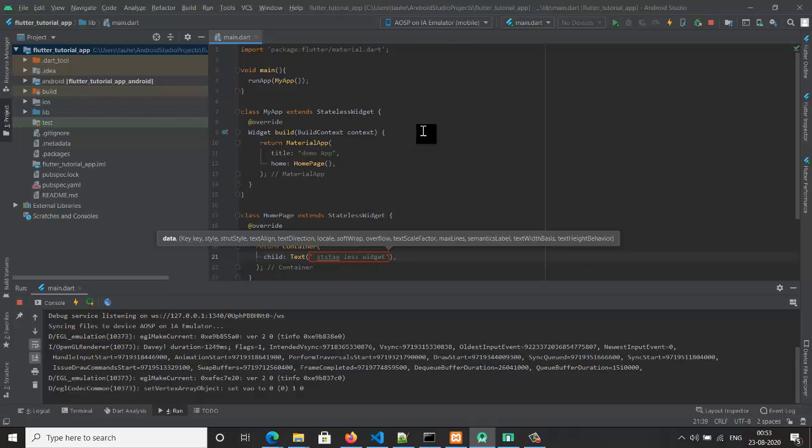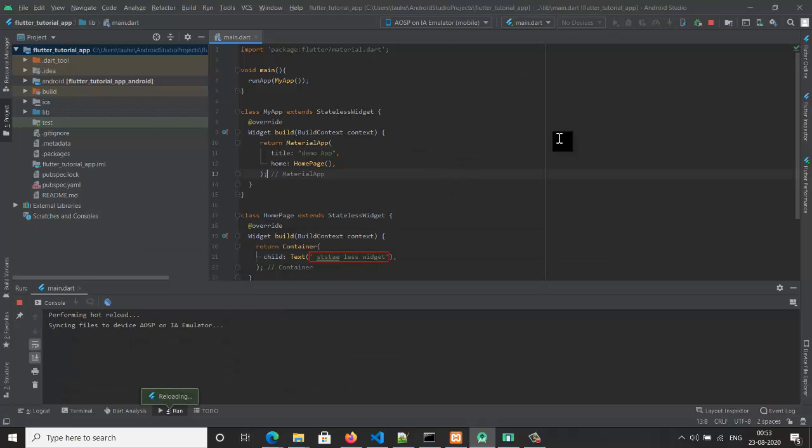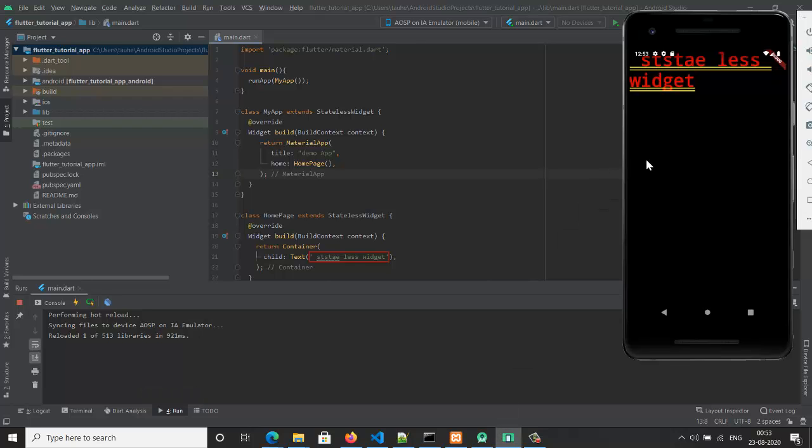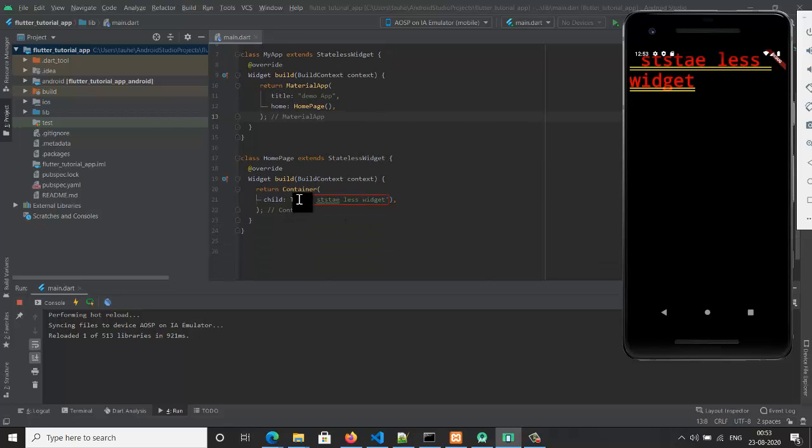Okay, and we'll run this application. Let's see here. You can see our application is running well. So I think you understood what stateless is. If we click on this text, nothing is going to happen. After compilation, there is no change based on the user action.